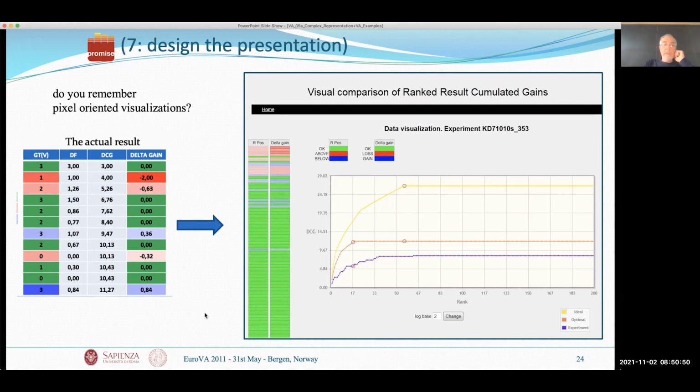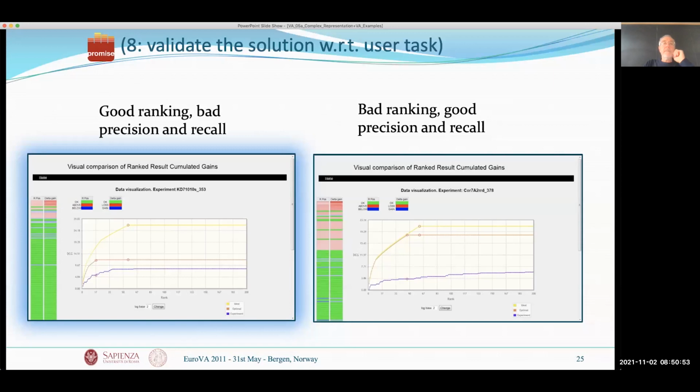And the last point is to validate what you did with the user. Ask the user to use the system and assess whether or not they are happy with the system, if they produce some insight. I'm not reporting the user study we did, but I just want to report two opposite cases that give you the full understanding of how